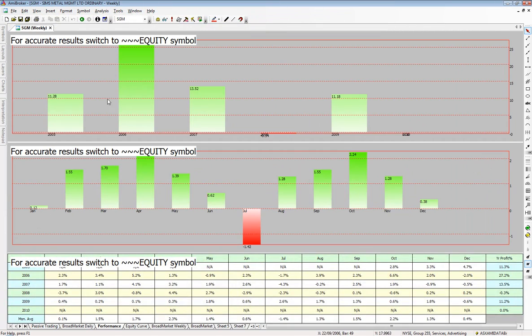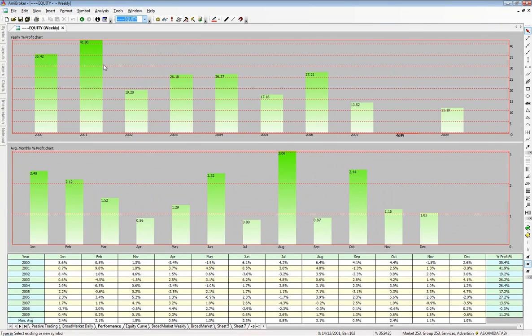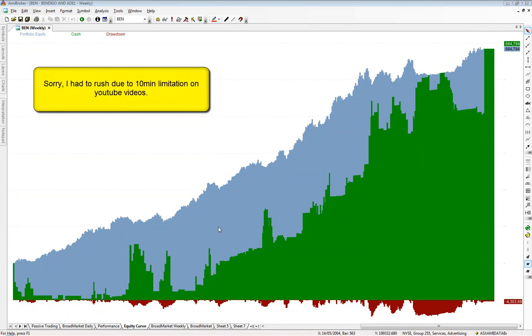Now a bit more stats about the performance of the strategy. This is the yearly performance of the strategy. An important thing to note is that during the bear market it made minimal losses. Now this is the equity curve, and the blue area is the portfolio equity and the green area is the cash in your brokerage account, and this area is the drawdown you experienced, and note that the worst drawdown was during the bear market days,